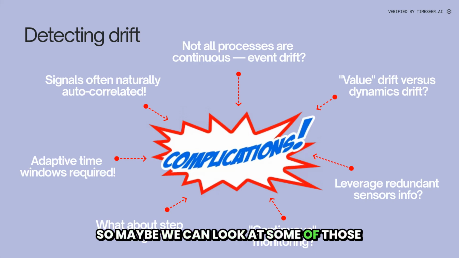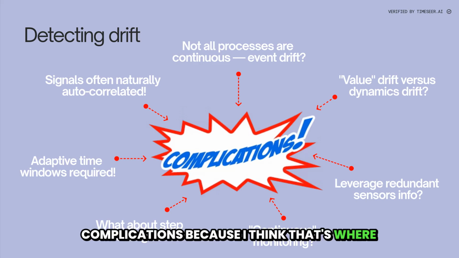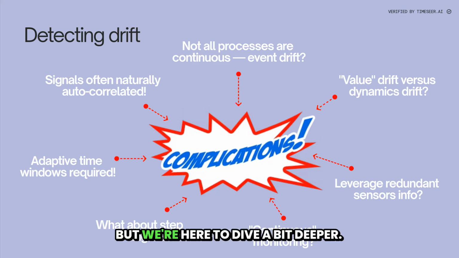So maybe we can look at some of those complications, because I think that's where it gets really interesting. Otherwise, you could just ask ChatGPT, how do you detect drift? And you would get the Mann-Kendall test, but we're here to dive a bit deeper. And so let's maybe start with a first complication, which is that signals are often